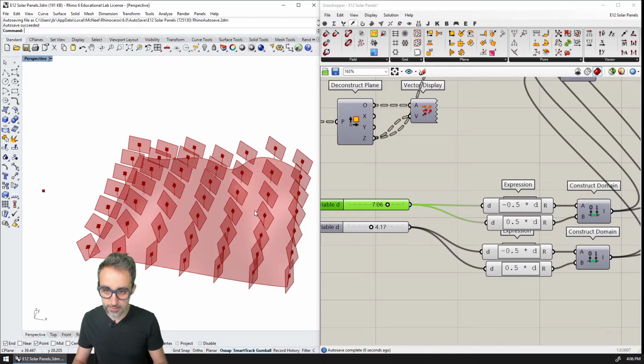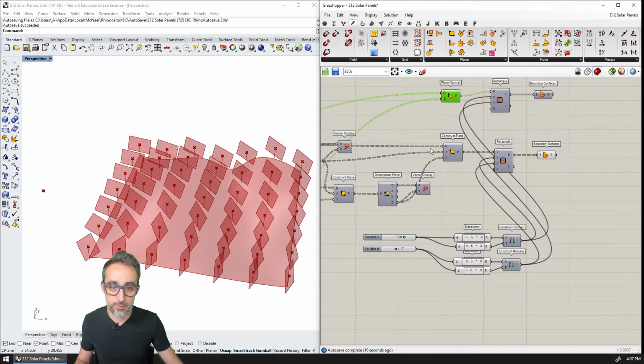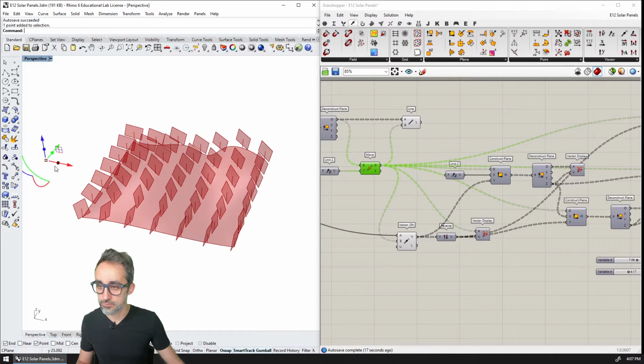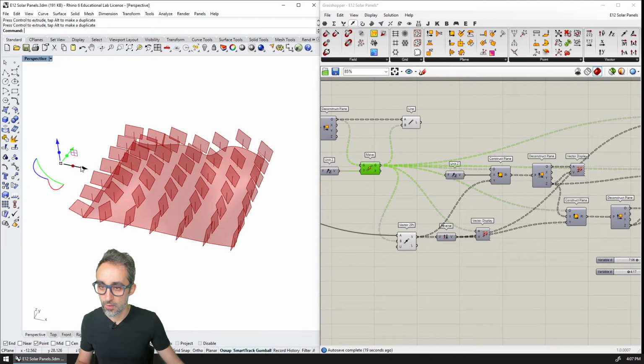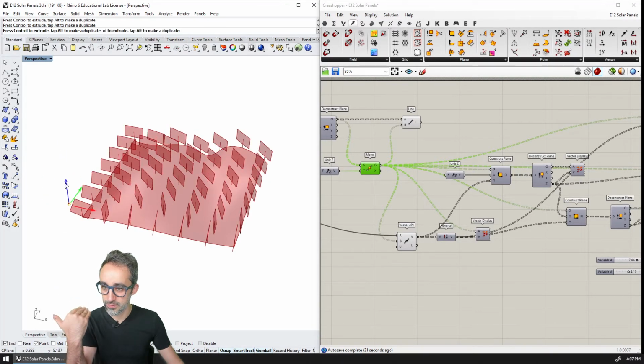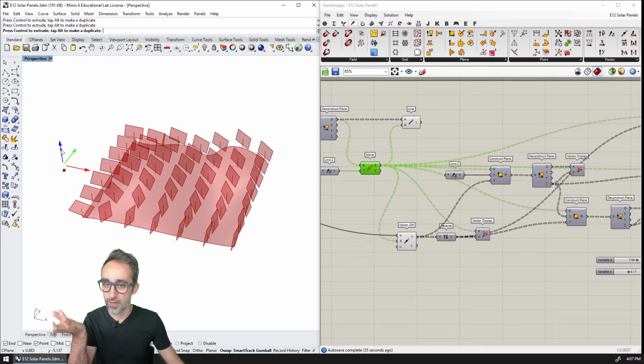And let me hide this to make things a little more visible. And let me hide this as well, and this point as well. And now you can see that if I move the sun, the orientation of all of them changes. Can you see this one rotating? How nice is this one? And now if I move down, you can see how it orients vertically, you see? Can you see the clear orientation of the two angles?